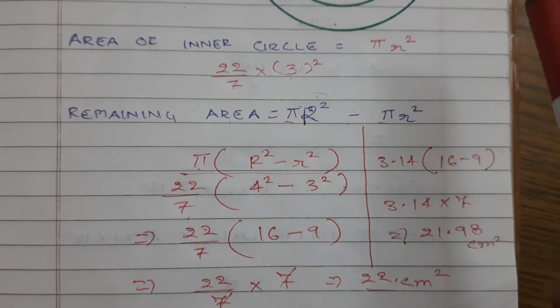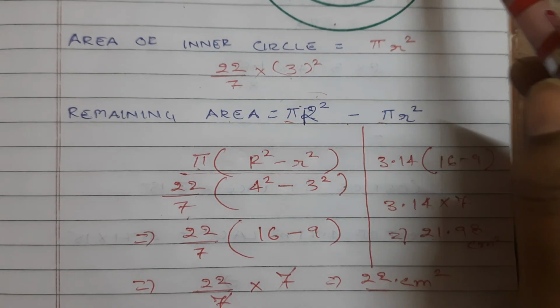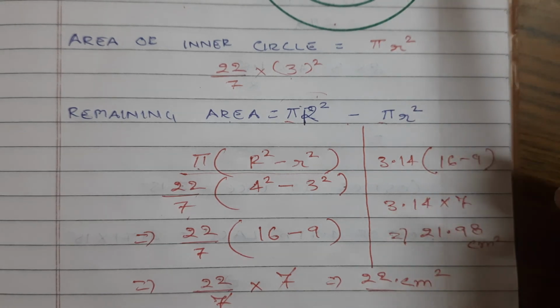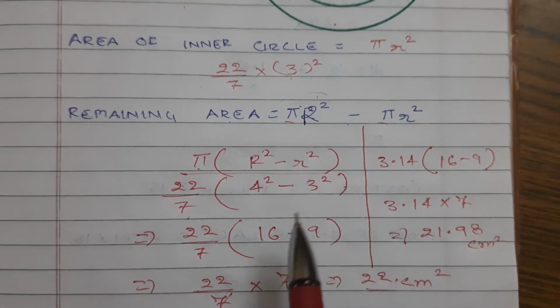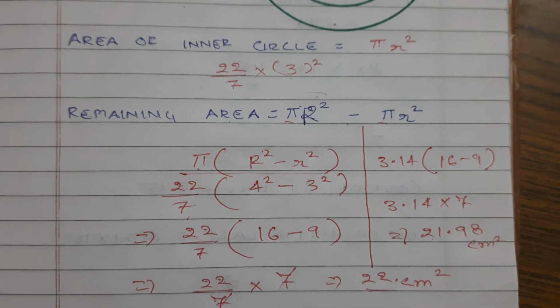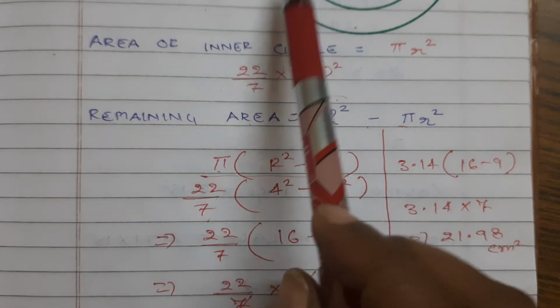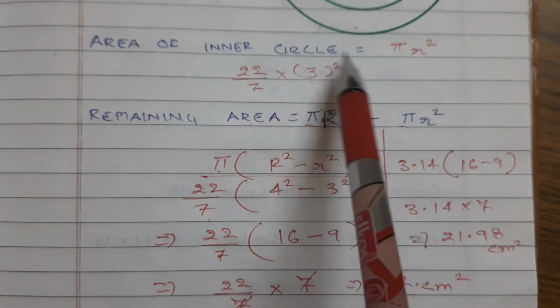So children, when the question is saying take the value of pi as 3.14, we need to calculate it by that same value what is given. So I have shown it to you on both the ways, which way we can solve it. Now let us recap what we have learned in this question. Whenever remaining portion is being told to us to calculate, always find the areas, bigger circle and the smaller circle, and subtract it from the bigger circle. You will get the area of the remaining portion.